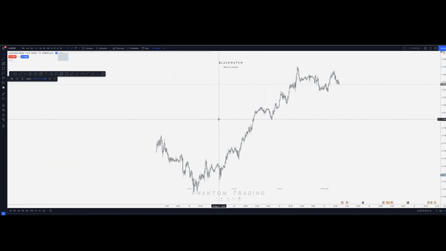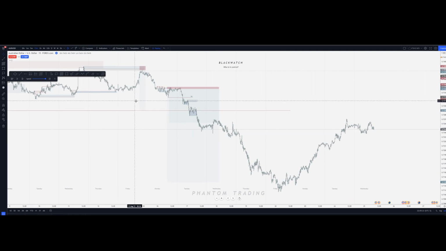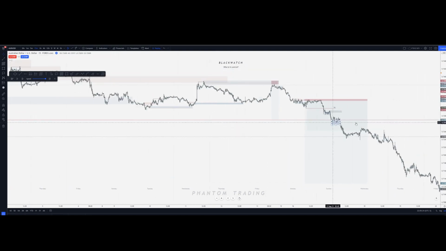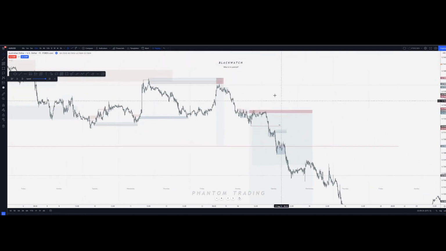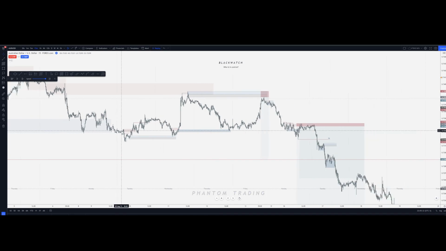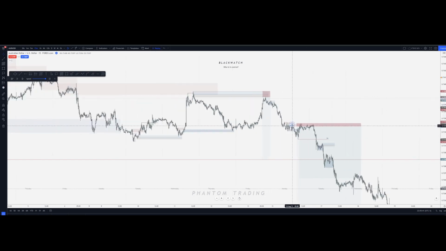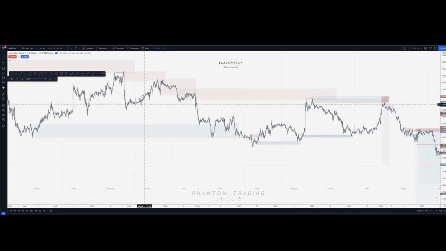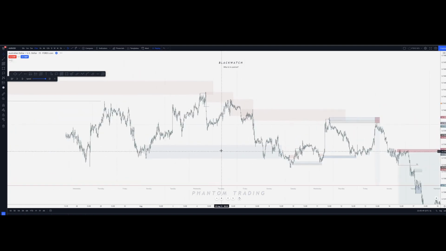Yeah, I hope that helps. I just kind of wanted to look at some of these levels. I didn't want to go too deep into it. I still got to edit this and all that other stuff. I didn't do the best job of bar replaying, but we did manage to catch a nice early entry trade. We missed a scaling opportunity, but we took one here and went over our break-even rules, the best time to take counter trend trades, and supply chain importance and that kind of stuff.